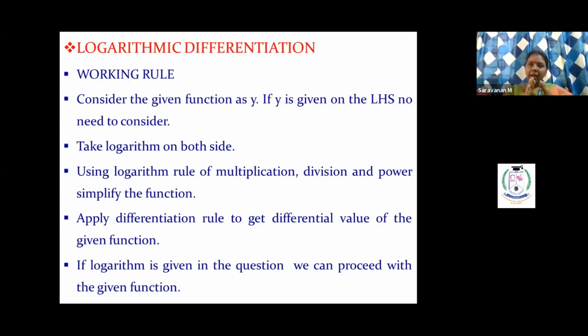So you must keep the given function as it is, logarithm as it is, and then use a log rule to separate. Then we have to find the derivative of the given function. Right? So we have to consider the given function as y, then take log on both sides, apply logarithm rule, and then apply the derivative formula, differential rule, then the derivative formula. Right? This is the procedure.